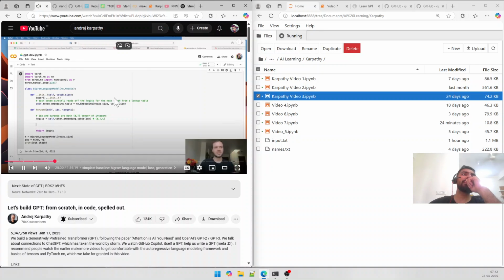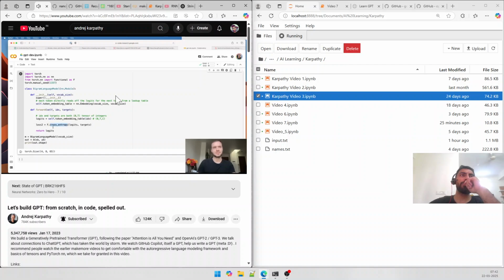And so in the makemore series, we saw that a good way to measure a loss or like a quality of the predictions is to use the negative log likelihood loss, which is also implemented in PyTorch under the name cross entropy. So what we'd like to do here is loss is the cross entropy on the predictions and the targets. And so this measures